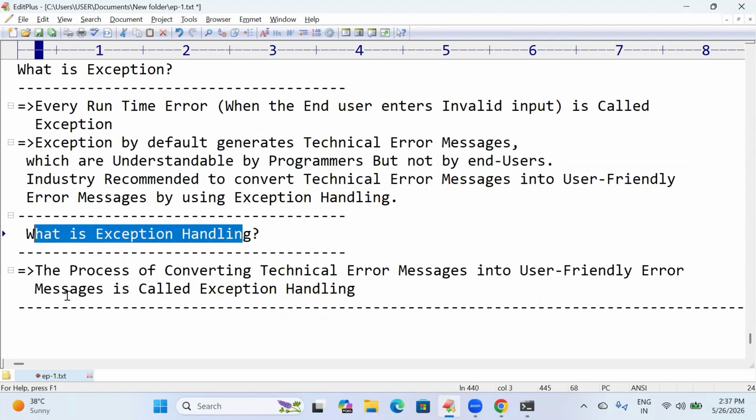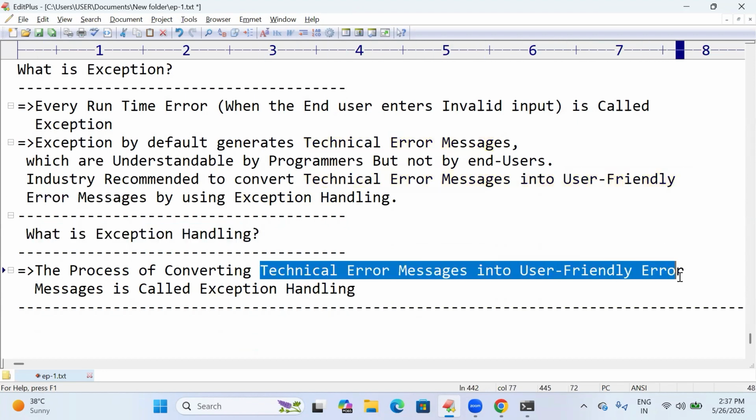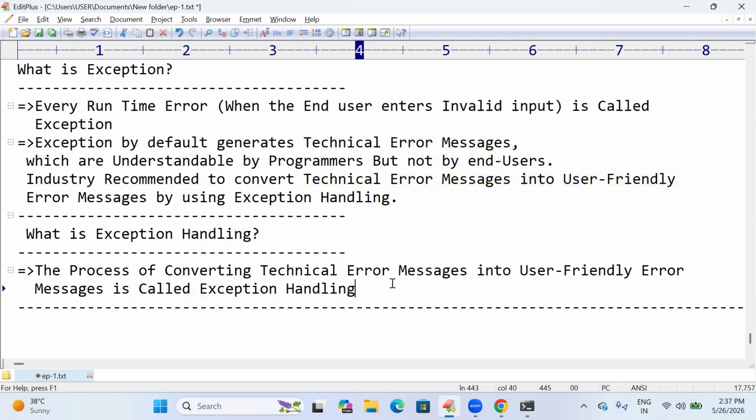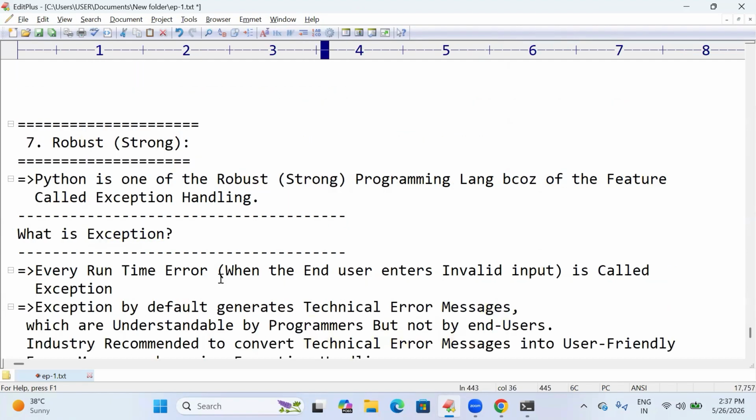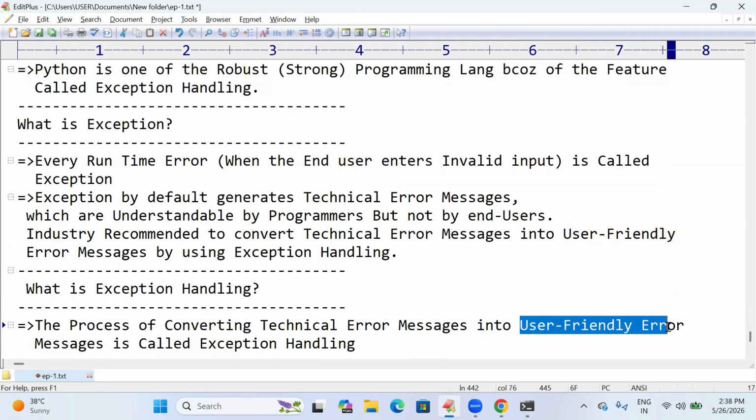What is exception handling? The process of converting a technical error message into a user-friendly error message is known as exception handling. Why Python is robust is because by using the concepts of exception handling, Python shows a user-friendly error message in a Python program.